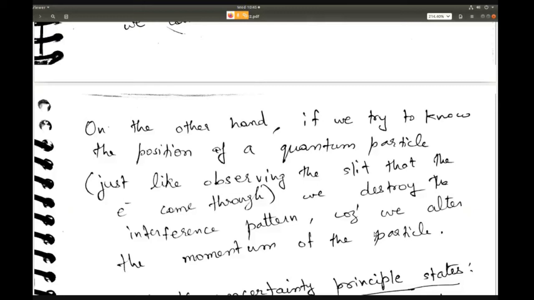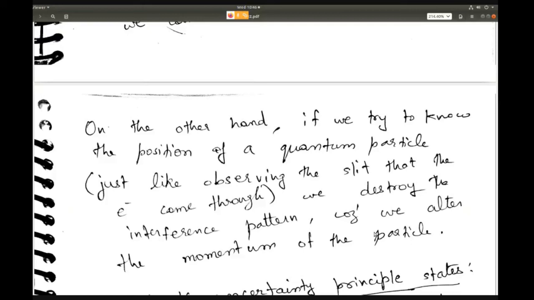So if you watch a car moving by, or a bullet moving by, you are watching the bullet, but just by the act of watching, you are not changing where the bullet is going, right? You're just an observer from far away who is watching the trajectory of the bullet. You have not changed the position or the trajectory of the bullet just by watching it.